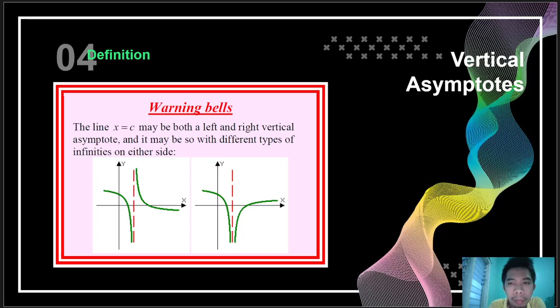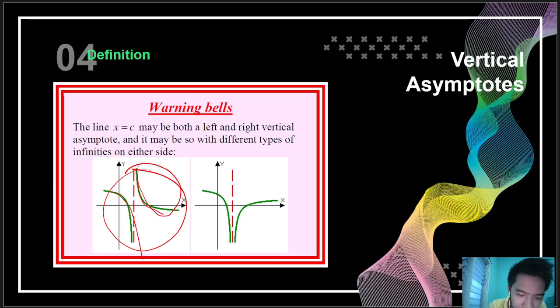So we have these warning bells for vertical asymptote. The line x equals c may be both a left and right vertical asymptote, and it may be so with different types of infinities on either side. So we have the first graph. This one is exactly the mirror of this graph, but this one is not quite the mirror of the other one. So they have different infinities on the other side. Though they have the same infinities at this portion at the asymptote,